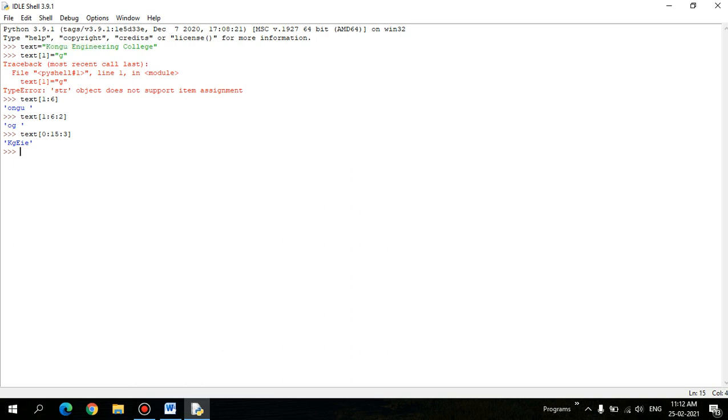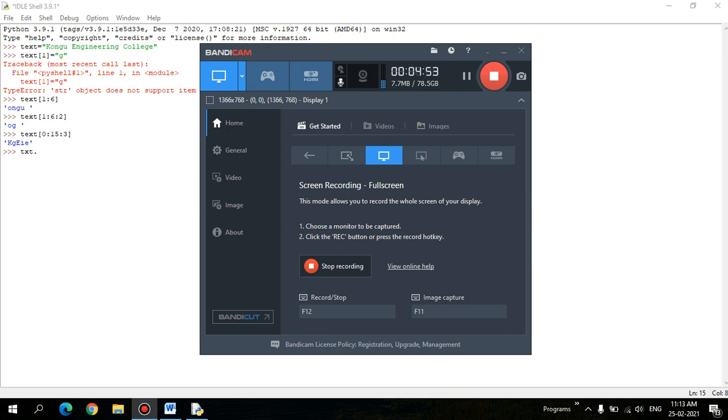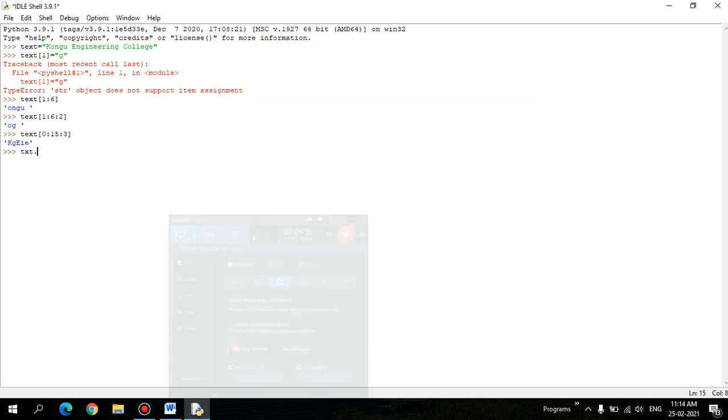And when you take string functions, there is huge support for string functions available. In this scenario, we can see what all the functions are that we have support for in strings. If you enter any string, let's take txt dot, there is huge support for library functions in the case of strings.